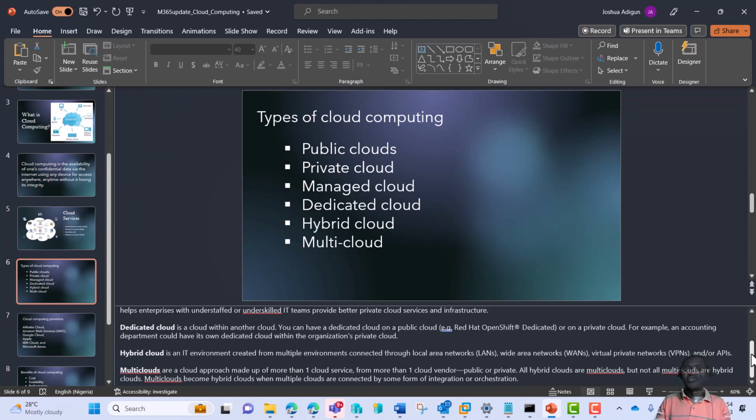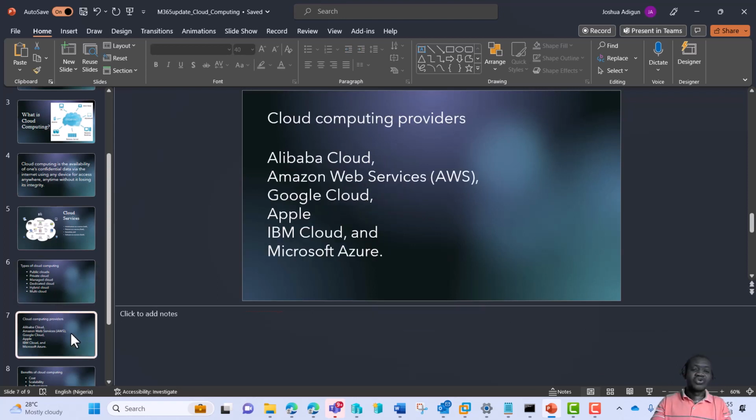So that's a multi-cloud, bringing two public cloud providers together and using their services to better your organization.